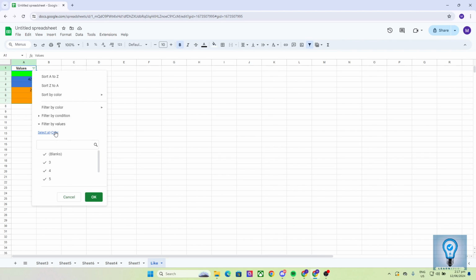Now, when it comes to search filtering, which is this one, we can actually choose only what we will display. Let's say for example, I only want to display the numbers 3 and 5 in this set of values. I would uncheck these ones,